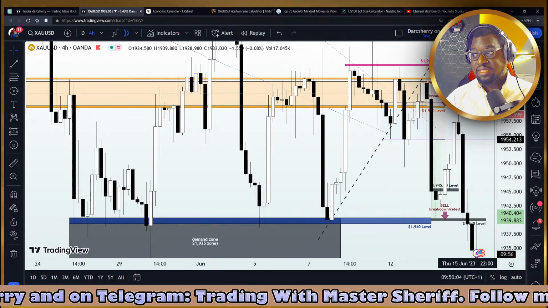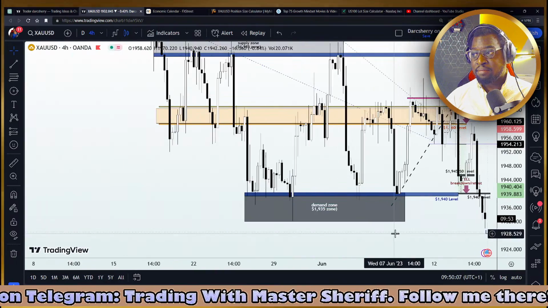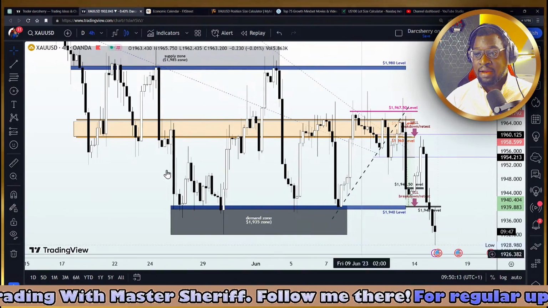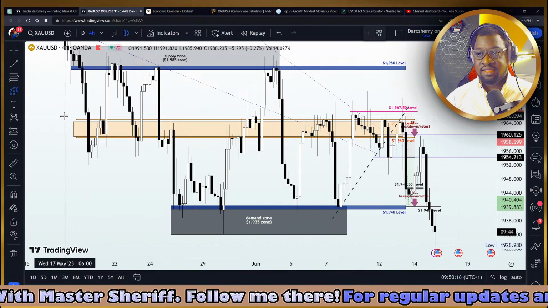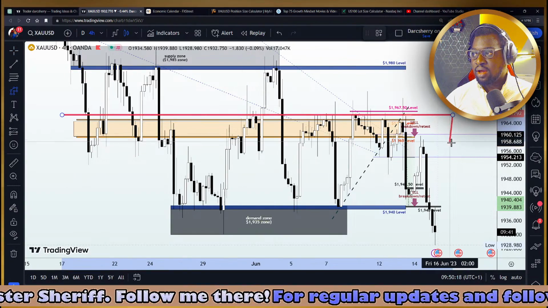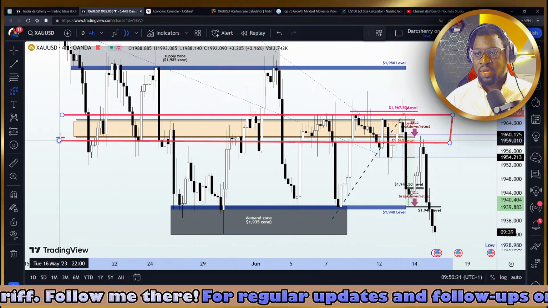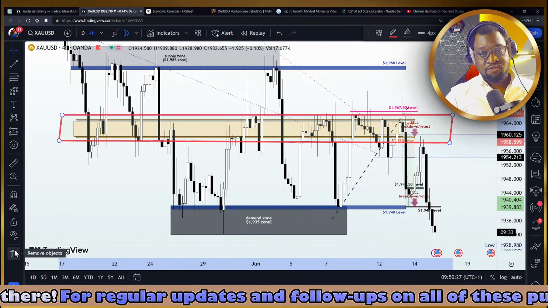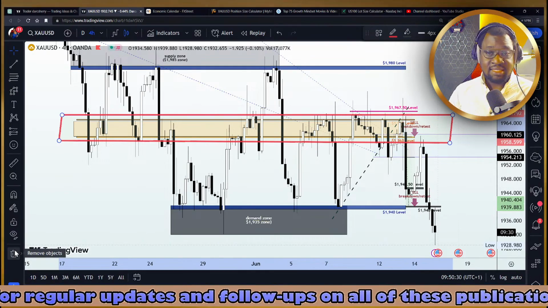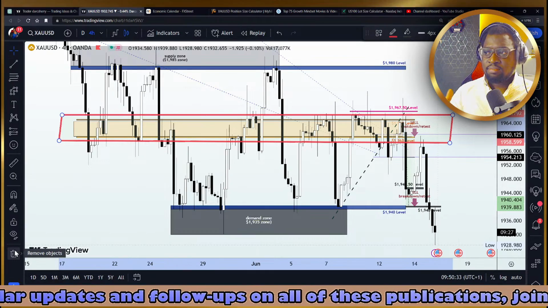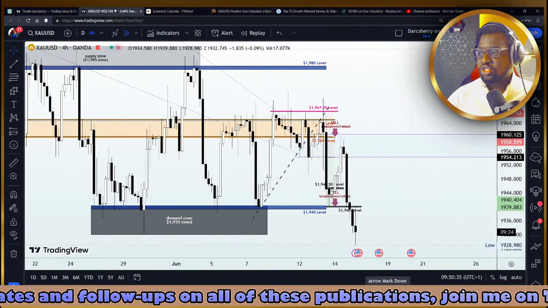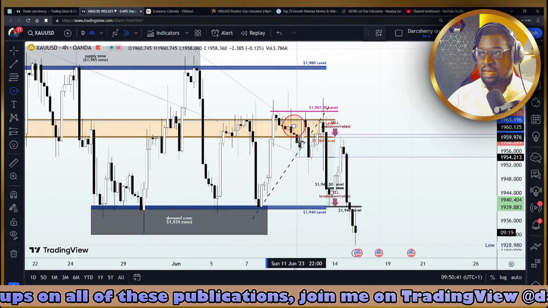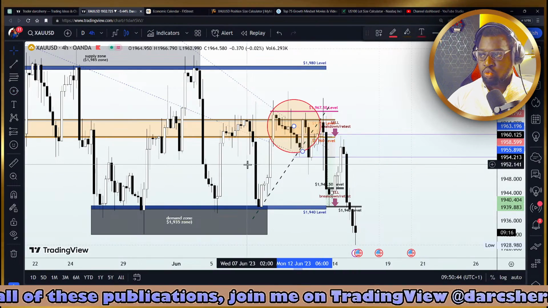As there on the 4 hours time frame, we have a very key zone which we identified at the beginning of the week, and this zone fell around the 1960 and the 1965 area. So this was the zone we identified at the beginning of the week, and you can see how this zone had been a major determinant of price action throughout the course of the last couple of weeks. And in the last 1 week or two, we saw how that zone had been a strong selling niche. We saw it here. We saw it here throughout last week, through the early days of this week as well,